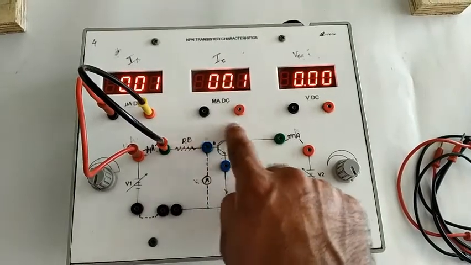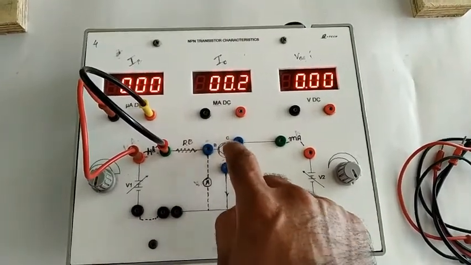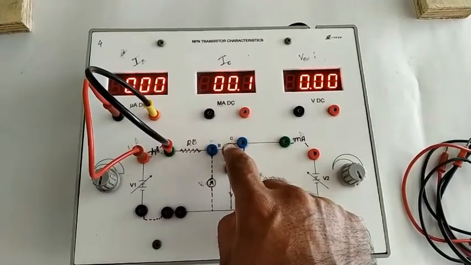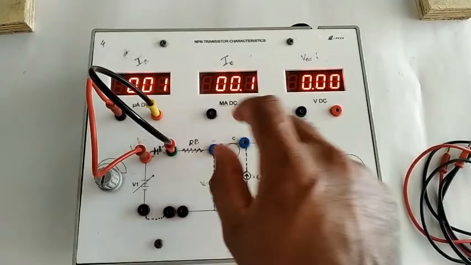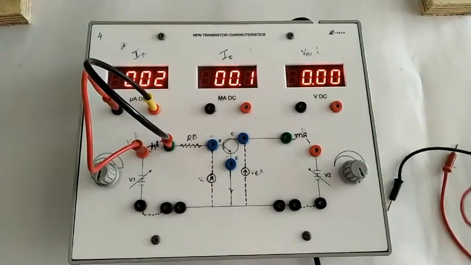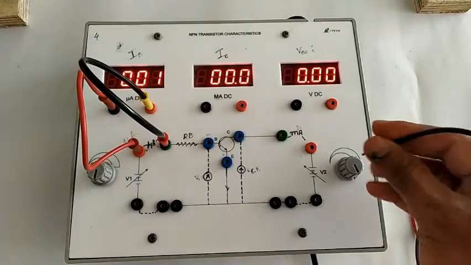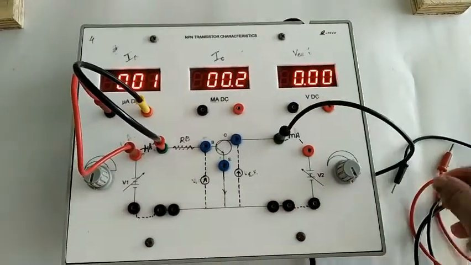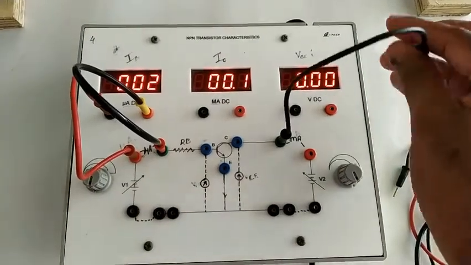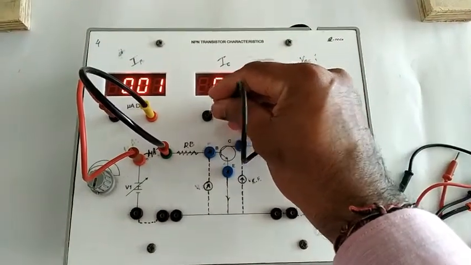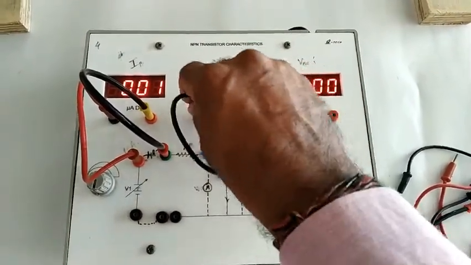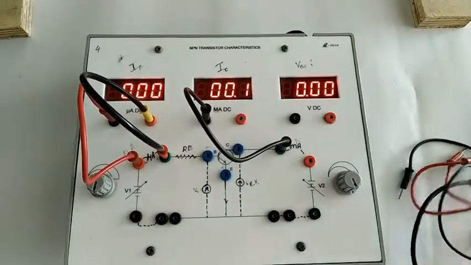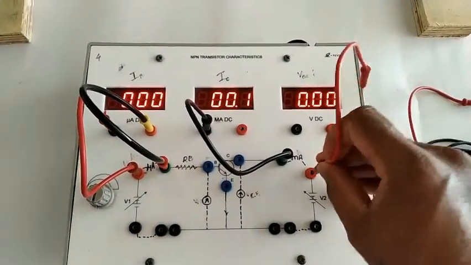No need to connect this portion. The transistor is also connected inside the kit. Next is the milliammeter for the measurement of the collector current. You should connect this milliammeter to here. This is the connection of the milliammeter,